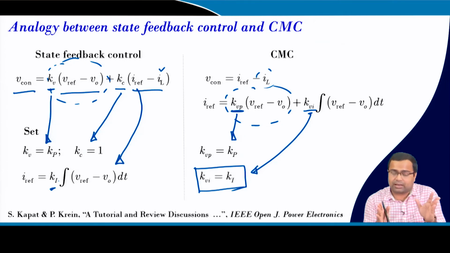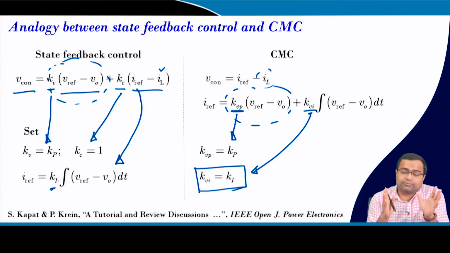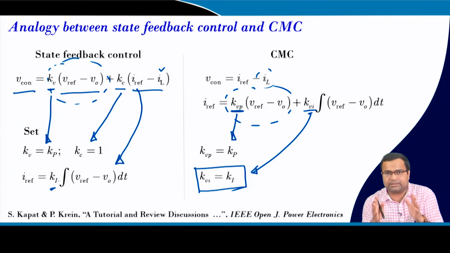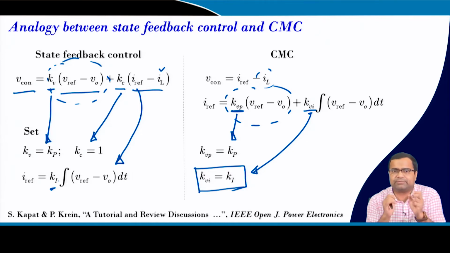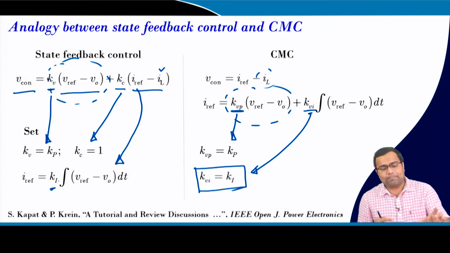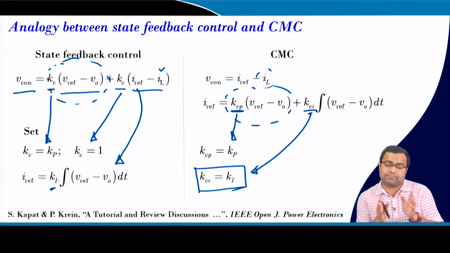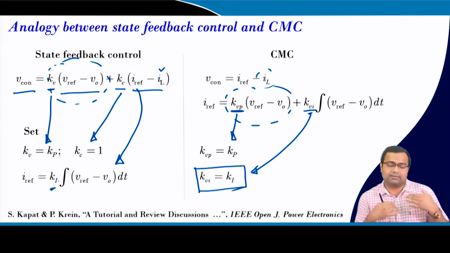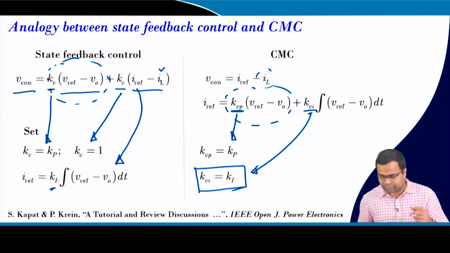Another aspect we will see in a subsequent lecture: for a non-minimum phase converter, the closed loop bandwidth using traditional current mode control is limited due to the trade off between phase margin and bandwidth, because we also need to achieve a particular phase margin, around 50 to 60 degrees. But the right half plane zero puts a limit on the bandwidth. If we use state feedback control, we can better trade off and achieve a higher bandwidth compared to the output feedback approach, that we will see.